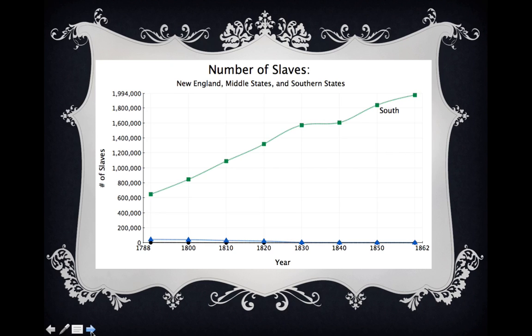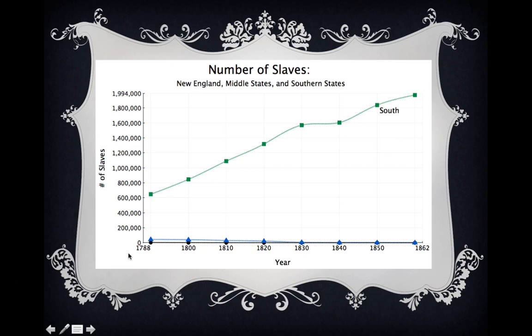I told you previously that the slaves in the New England and Middle States weren't very important. If you take a look at this graph here, I got this from census data from, I believe, 1860. I have to double check my notes. You could go online and actually get these numbers. What you can see is that it's definitely small relative to the South. New England and the Middle States, in comparison to the number of slaves, it's ridiculously small. Actually, it kind of undermines this graph, because technically, if you wanted to look at the total balance of slaves in the United States, you could, in essence, just use the figures from the South.